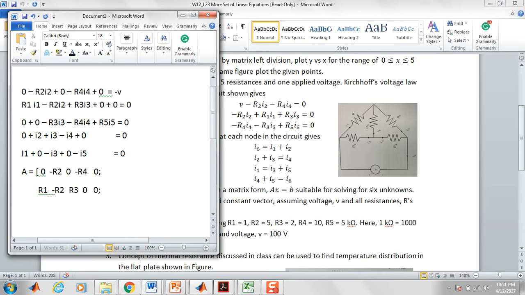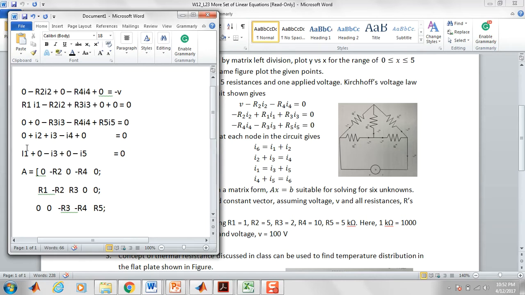Alright, so now I'm going to write the third equation coming from here. So 0 I1 and 0 I2 and minus R3 for I3 and minus R4 for I4 and then R5 for I5, and those are the 5 values there. And then I move on to, this is my third equation, move on to the fourth equation,